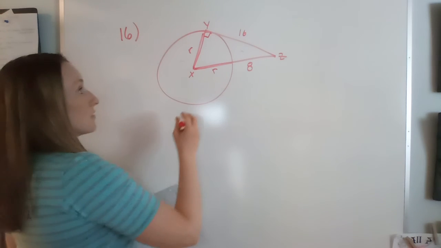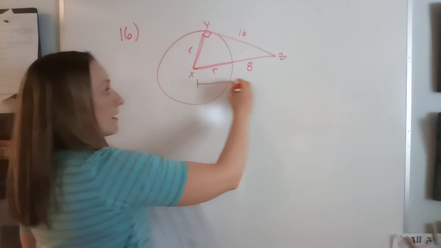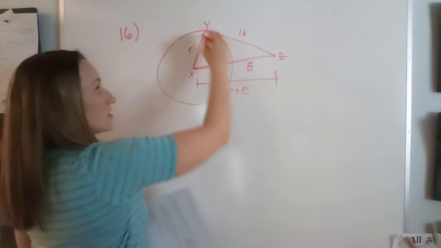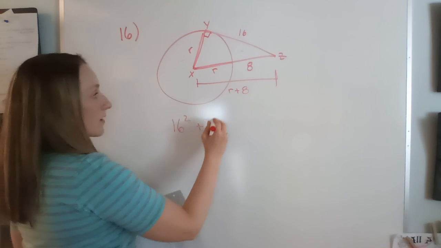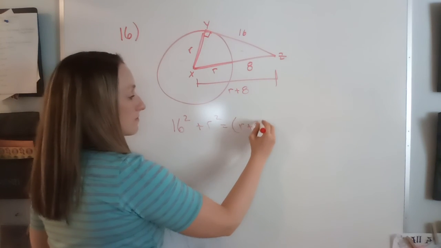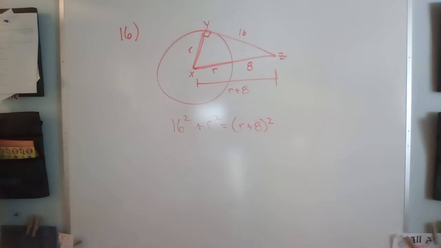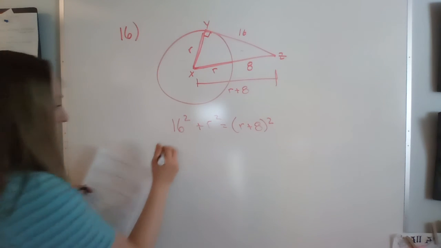Right? So now I have 16 and R, and the whole hypotenuse is R plus 8. So it's 16 squared plus R squared is equal to R plus 8 squared. Okay. Oh, it's getting faint. Let me get a different marker. Sorry. All right. So 16 squared is 256